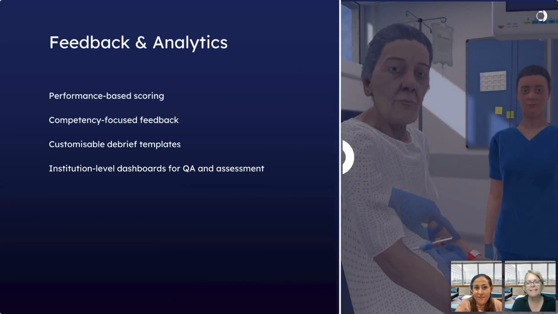So feedback and analytics, we said we were going to come back to this. We often say at OMS, people start with us for the scenarios, but they stay with us for the feedback and analytics. And so, that performance-based scoring, Amy talked about it earlier, it's really based upon, did you do the actions? Did you or didn't you? But the more comprehensive layer is what was the timing of those actions? Did you do them in a timely fashion? What was the order that you did them? How did you prioritize them? All of those